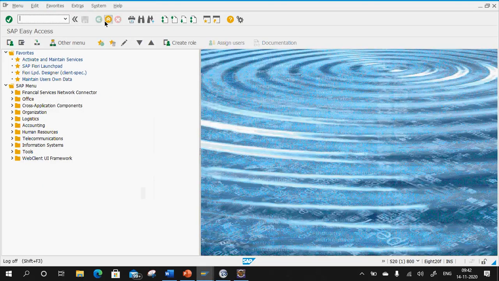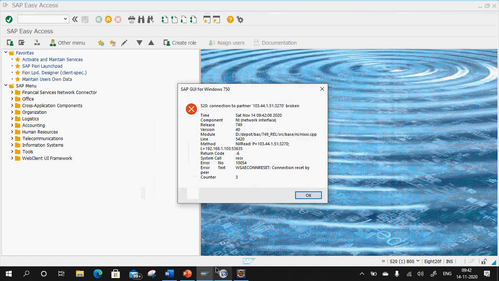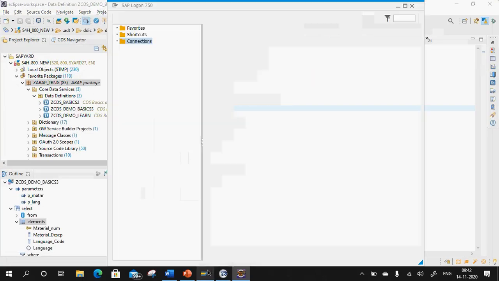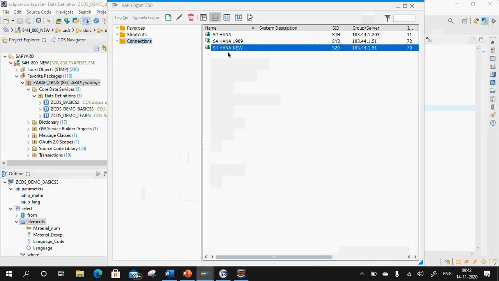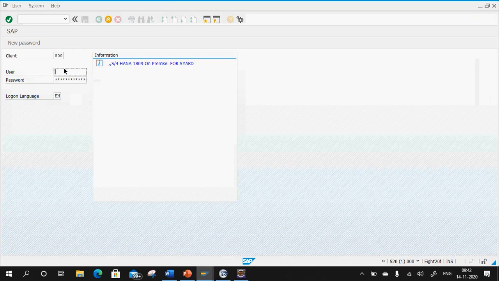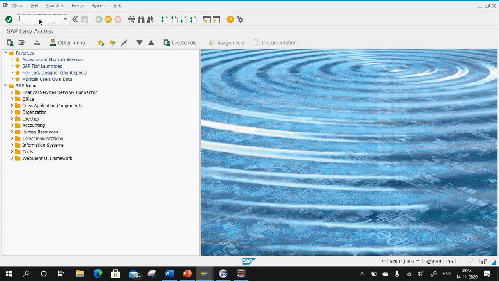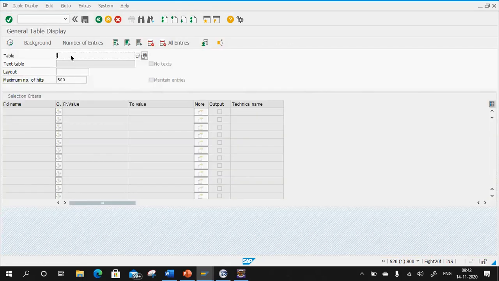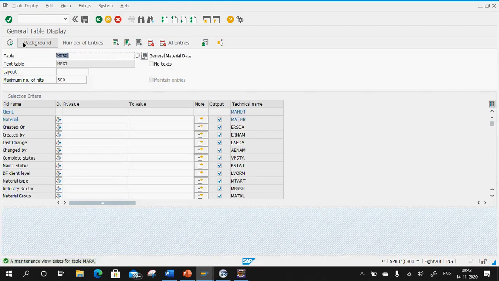What I'll do, I'll go to SE11, I think this is closed. SE16, and I'll try to get some values from MARA table.